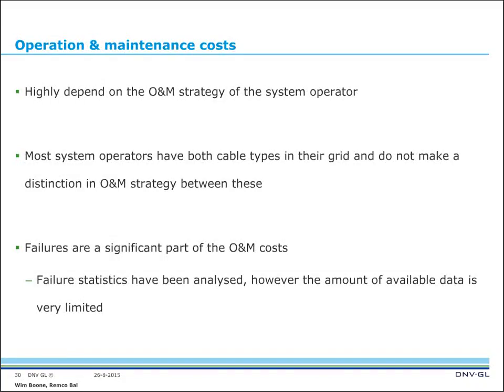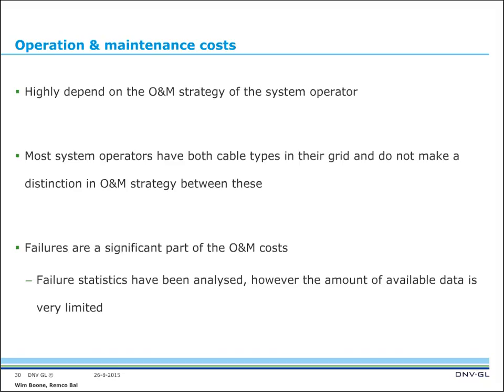The operation and maintenance cost. This highly depends on the strategy of the system operator. Even within the Netherlands, there are different strategies between the system operators, and if you look internationally, this is also different. What we've noticed is that the system operators do not make a distinction between the conductor type. So for aluminum, but also for copper cables, they use the same strategy, which means that in their maintenance, there's no difference in cost. However, if there are failures, which is of course a significant part of the O&M,